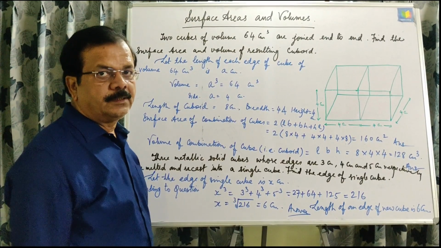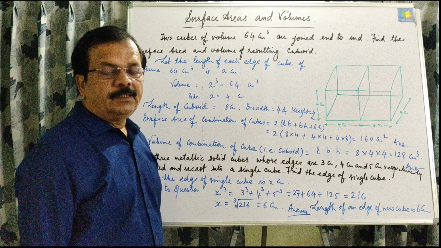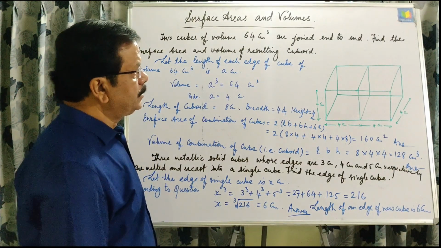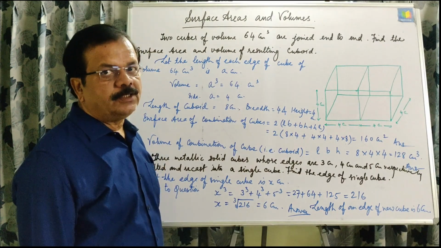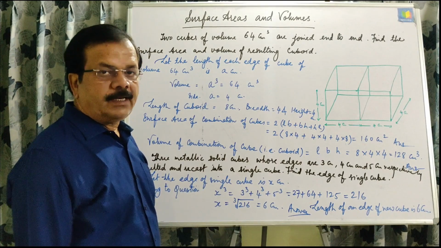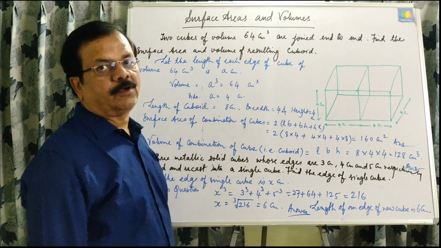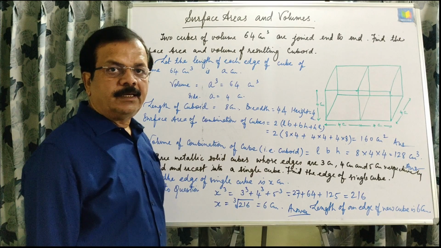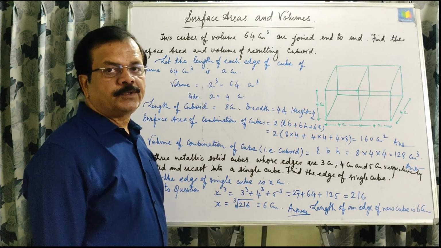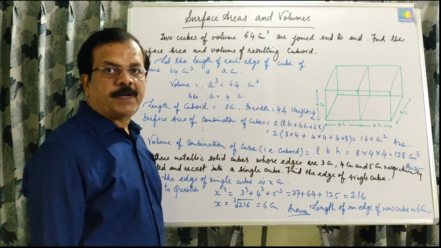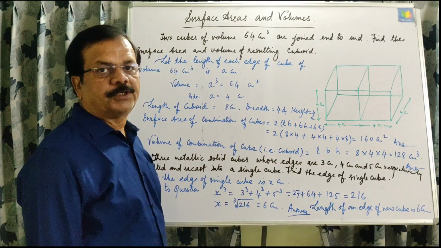Actually, in class 10, in both CBSE and ICSE, there are 2-3 types of questions. That is, first of all, surface area and volume of combination of solids. Second, when any solid is melted and formed or recast in any other solids, and whenever anything is melted, it means volume will be melted. And the third one, frustum is also there, but this year due to this pandemic, frustum is excluded from your syllabus. Now we will study all types of questions.